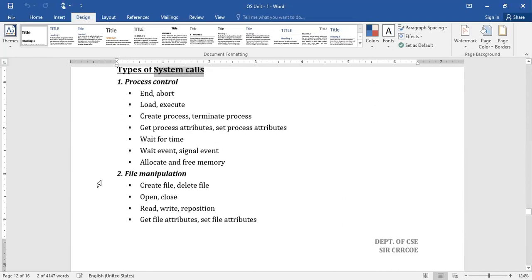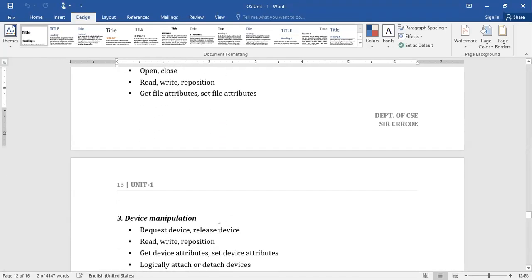Okay. Similarly, the file manipulation. You can create the file, you can delete the file, you can open, you can close, and once it is opened, either you may perform a read operation or a write operation, or you may want to move directly to a specified position. Okay, like you get file attributes, what type of file it is, when it was created, various attributes related to the file.